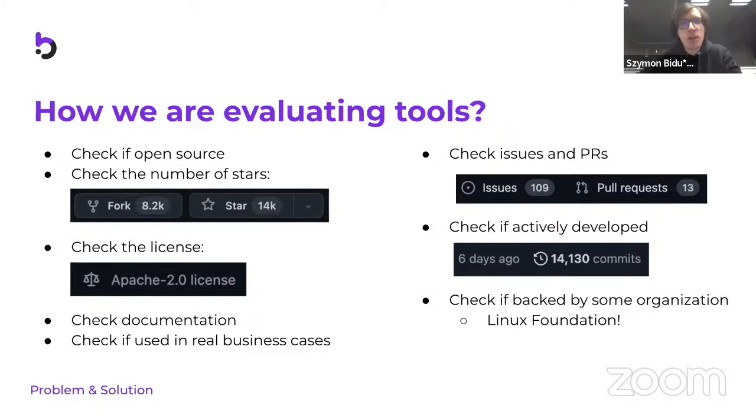pull requests, it, for example, could show you that there are many errors in the software, but the community is not engaged enough to resolve them. That's not the case with the Hyperledger Fabric. Then we are looking at when was the last commit and how many commits are inside the repository. As you could see, Hyperledger Fabric is actively developed and it has many commits, so it is a fairly extensive